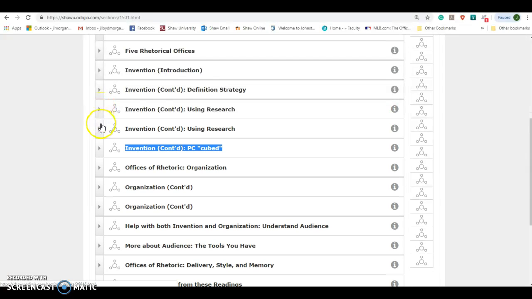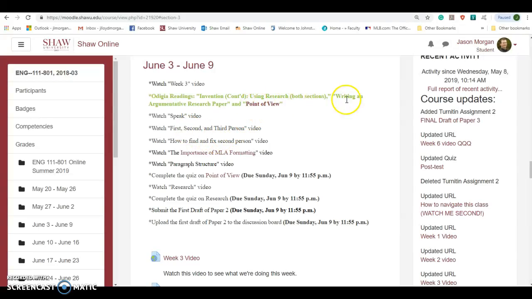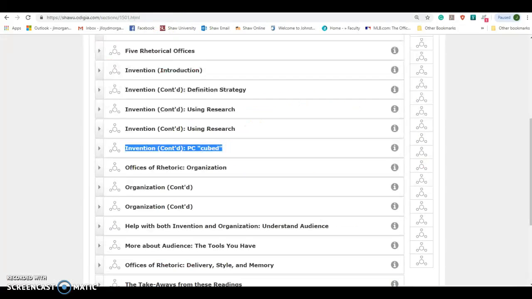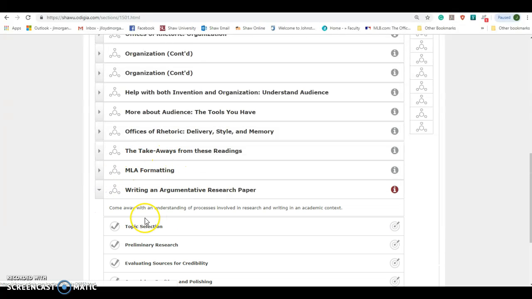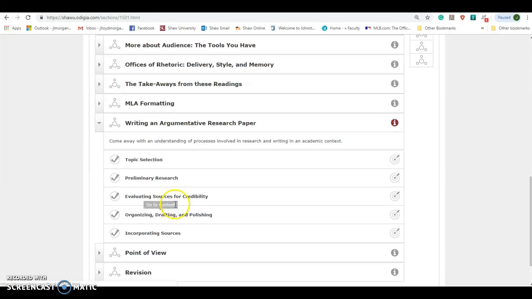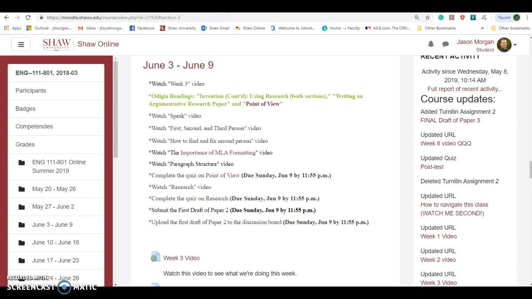Because you're going to be doing a research paper. Because who doesn't love to do research papers? So there's 1 and 2. All right, what's the other thing we've got to do? Writing an argumentative research paper. There's even more information right down here. There is great information to help you figure out how you're going to do this. You really need to go through this because, since this is an online class, we're not meeting face to face. This is really the information you're going to need to help you craft a good argument paper, which is what you're going to be doing this week.